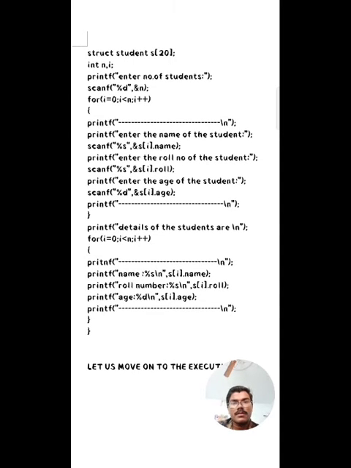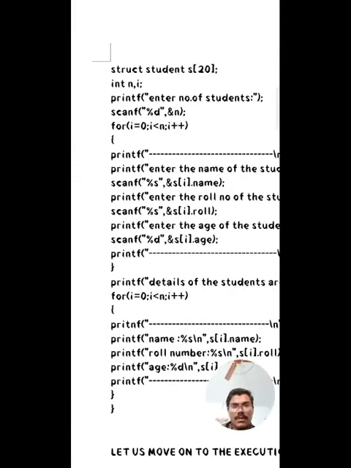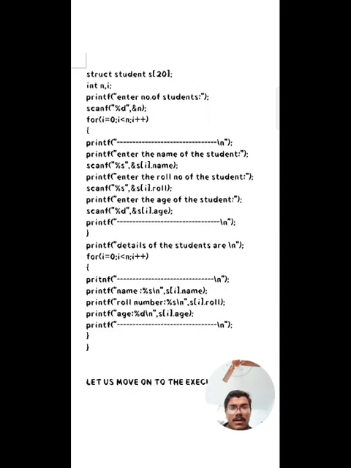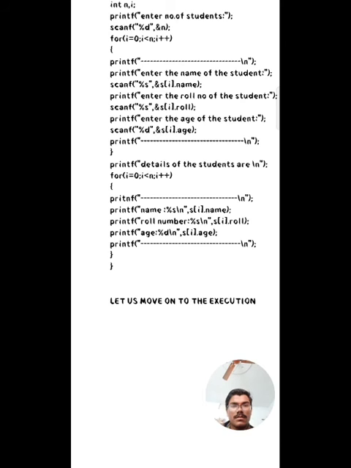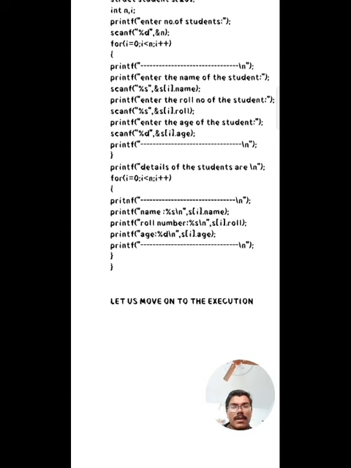Then how to take the values, how to take the details of a student. As in arrays we use loops for taking the data, here also we will use the same thing. Here we have to use scanf to store the string, not gets. In structures it won't take the gets function. And next, the last part is to display the details which we have taken.